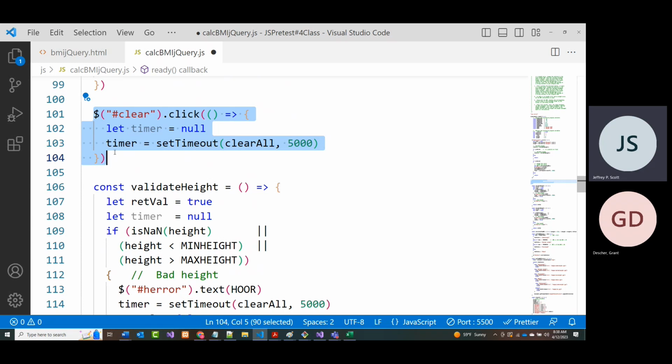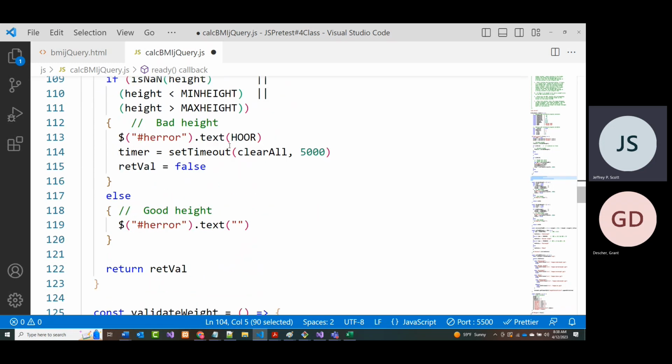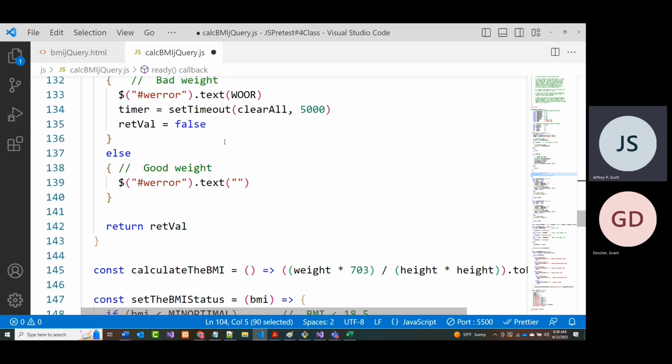So all that is saying is, hey, I'm setting up a timer, and I'm saying call clearAll. Could I have put the code right in here? The answer is yes. But by setting it up the way I did and having a separate routine called clearAll, it is possible now to call that from multiple places if desired in my code. So the clearAll, which is down near the bottom here,